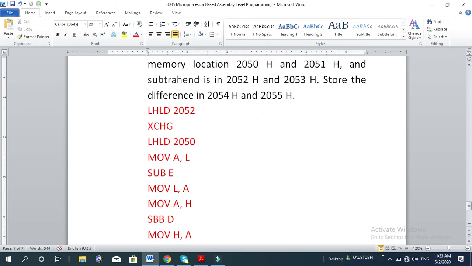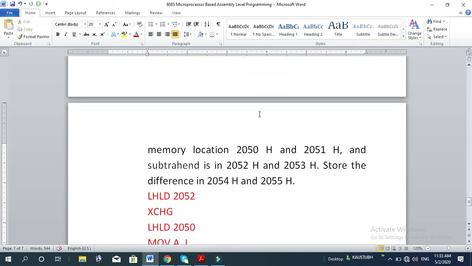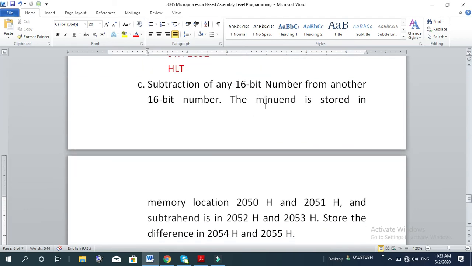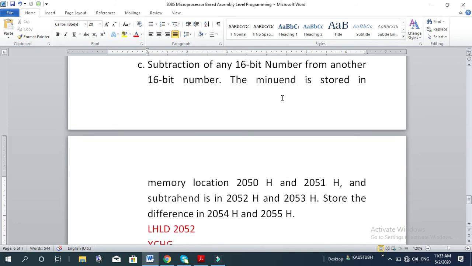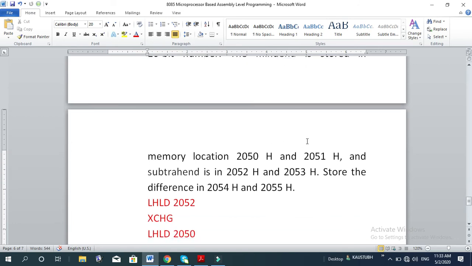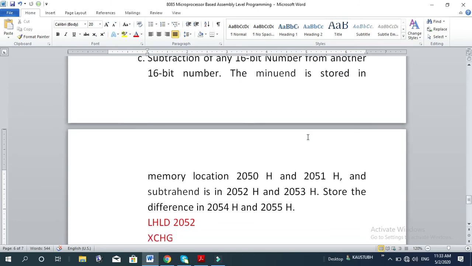So now I am going to explain the program for the 16-bit subtraction. So subtraction of any 16-bit number from another 16-bit number. So the minuend, that means the number from which the subtraction is to be done, is stored in say 2050 and 2051. Because it is 16-bit, we need two memory locations. So 2050 is holding the lower byte of the 16-bit number, of my minuend, and 2051 is holding the higher